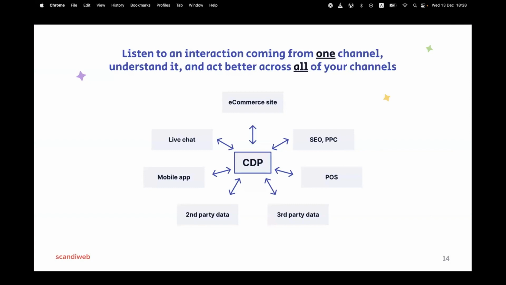So we are getting some data from live chat, and then whenever this customer comes again, we can immediately push some data from CDP into live chat. So okay, this customer has been coming for this, and they also bought that, and here are some more notes, and maybe here is how you can help them now. Because we see an order that is not yet shipped, so maybe they want to change something or add something, so you can be much more relevant. So it's a 2-way communication with all of these systems.